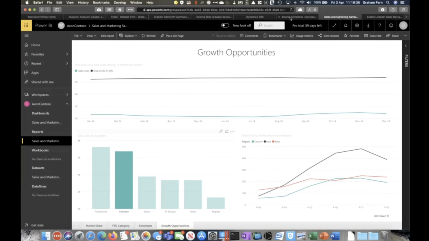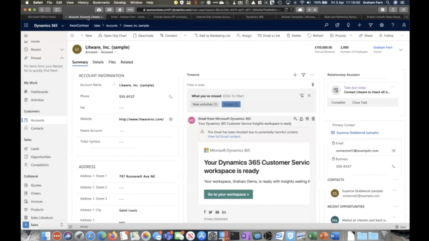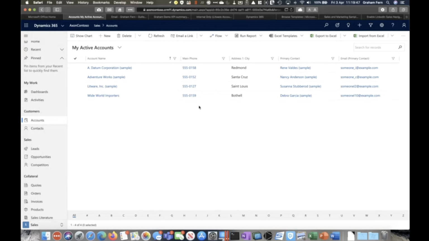Okay, other bits to point out, if I just go back, sorry, all the way back, and if we really want to talk about making things clever and smart, okay, there is the facility to use something called Power Automate. Okay, now Power Automate has a name of Flow, okay, in here. Now, to put that into perspective, that is an end user business automation tool. Now, that's a mouthful and a half, but